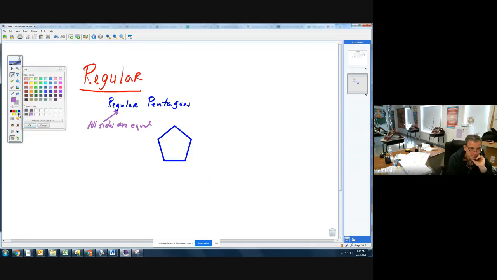And in math, when we show that things are equal as far as shapes go, we a lot of times put these little hash tick marks in there. Now this is important because, write down this example problem,